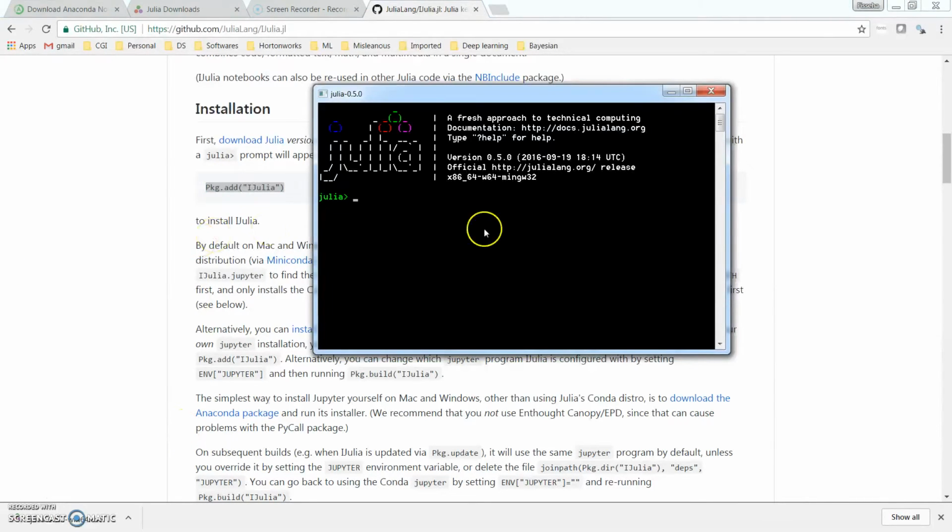So let's go ahead and paste it here. So now it is adding the kernel for Jupyter Notebook. I'm not sure how long this will take. Probably I should stop my recording now and get back when the installation is complete.